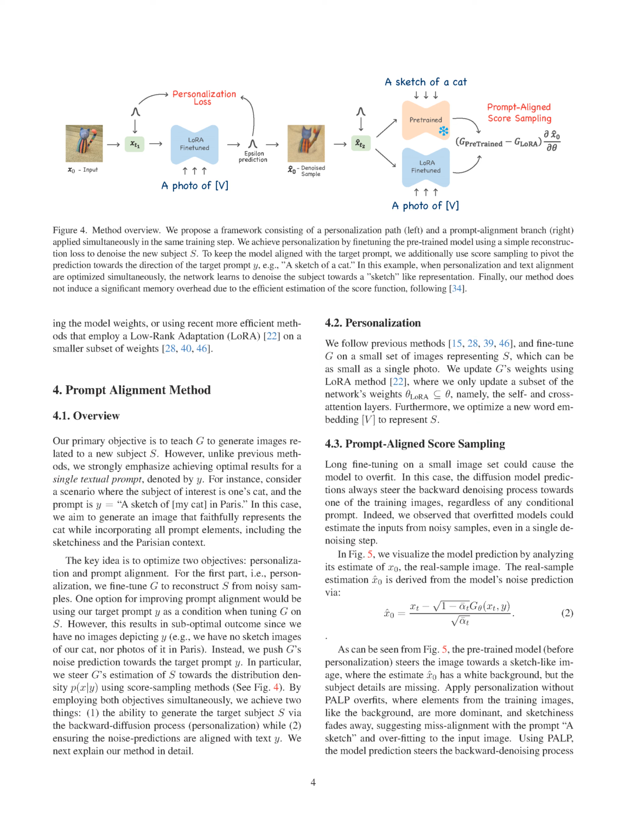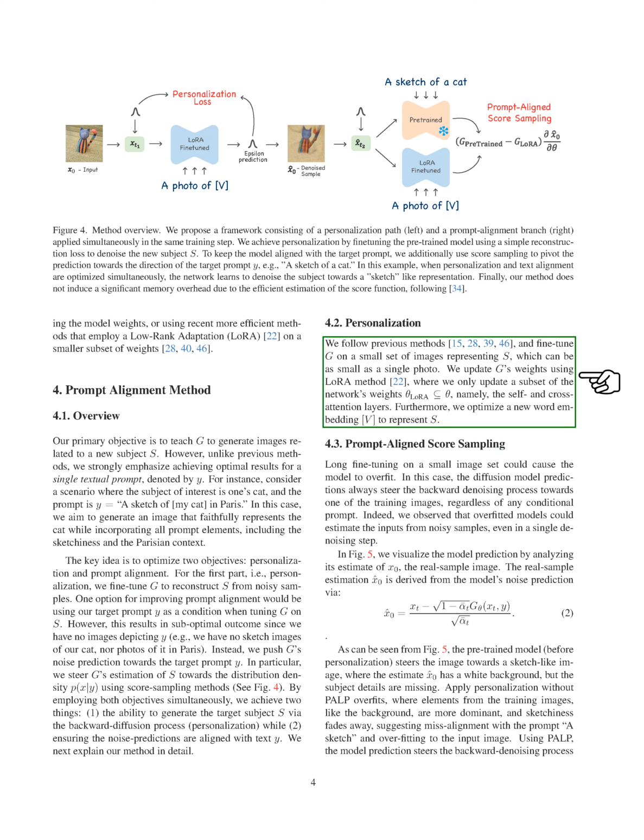Section Summary. Score distillation sampling, SDS, is a technique that leverages 2D diffusion models to generate 3D content from textual input. It addresses issues such as oversaturation and blurriness by proposing a framework that uses score sampling to maintain alignment with the target prompt. Personalization methods fine-tune the diffusion model by optimizing on a small set of images representing the new subject, and the key idea is to optimize two objectives: personalization and prompt alignment.